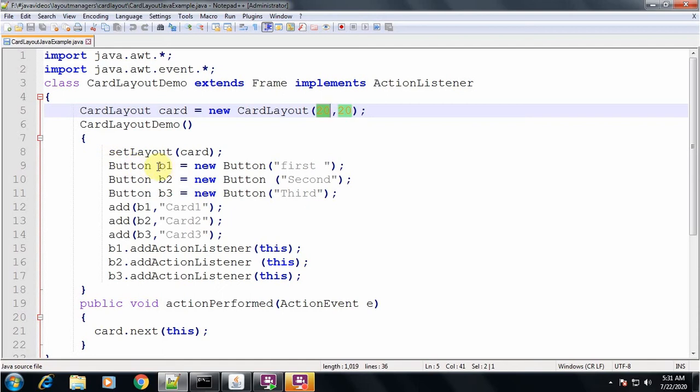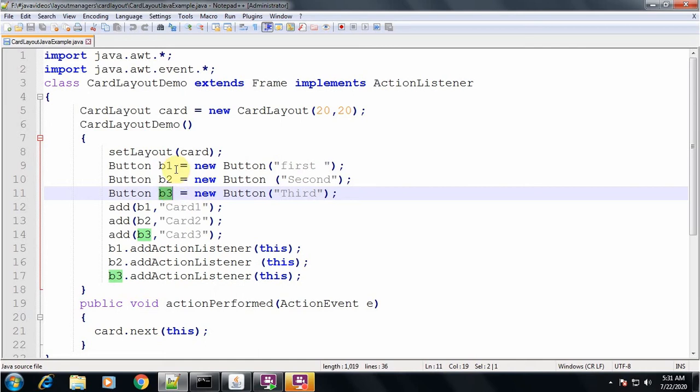Then I have created three objects of the Button class, right? Button b1, button b2 and button b3. Very simple program, but try to understand it in a step-by-step manner. Then all the confusion about the card layout will be clear for you.